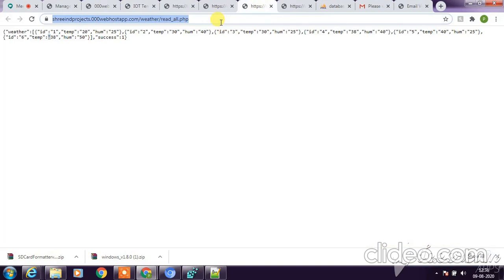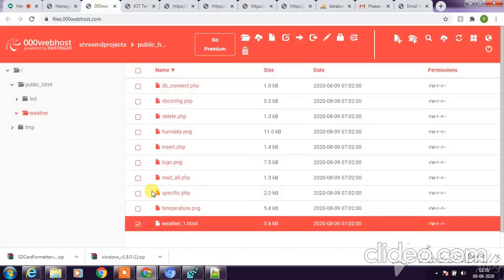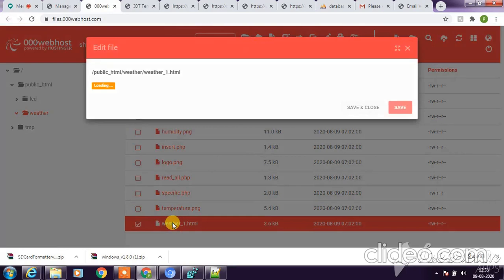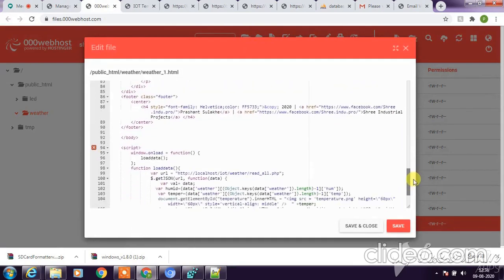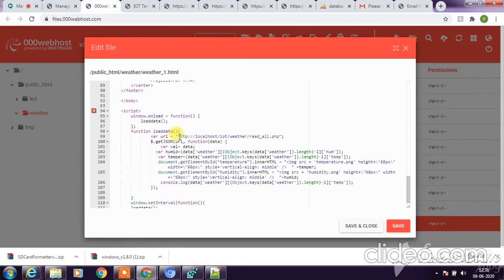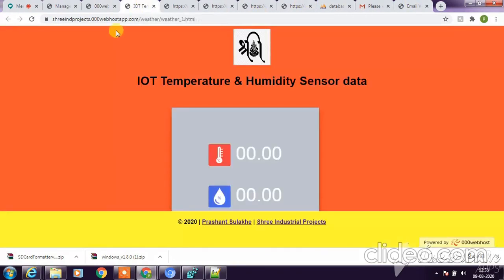I'll press Control C, then open the weather folder. If I come down, I can see there is a URL. I'm going to replace it with my existing URL. Save and close. I'll come back and run this file.